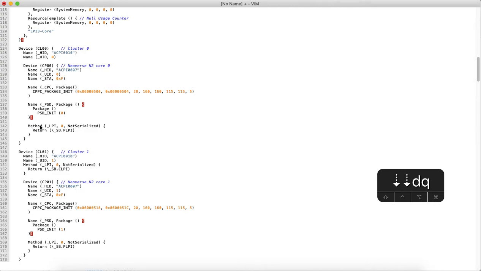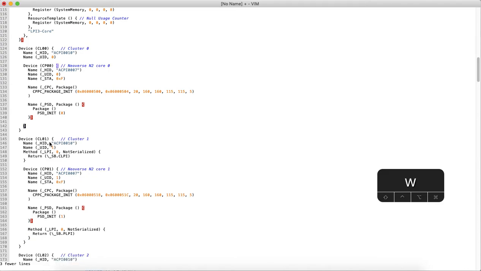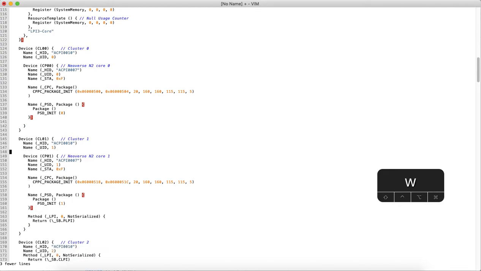Now I just wanted to repeat this action over the entire file, right? So if you want to replay the recording of the macro, you can trigger it by pressing at followed by the register name which we used for the recording, right? So at W. So you can see the next occurrence of the LPI entries has been removed. I'm going to repeat the same, so right.